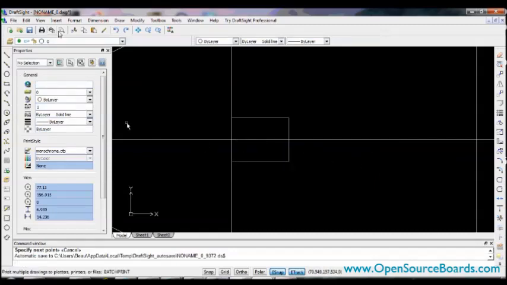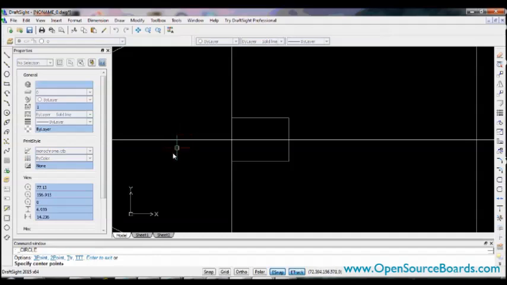And then I could place my bolt holes, so I'm going to use the circle tool over here. And I have a couple different options that it gives me, but the default is to specify the center point, and since I drew my corners at the centers of the circles, that is what I'm going to use. So I'm going to click here first. Now it's asking me for a radius, or the option to specify a diameter. Since I know the diameter right off the top of my head already is 3/16, that's what I'm going to type in. So I hit D, type in my diameter,